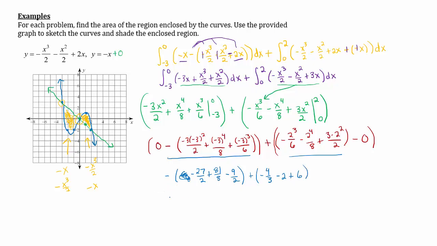If you haven't already pulled out your calculator to do this, that would be totally fine. I would like to do that myself. I'm going to type in negative, and in parentheses put negative 27 over 2 plus 81 over 8 minus 9 over 2. Close my parentheses and then I can do minus 4/3, I don't need those parentheses there. Minus 2 and then plus 6, and I get